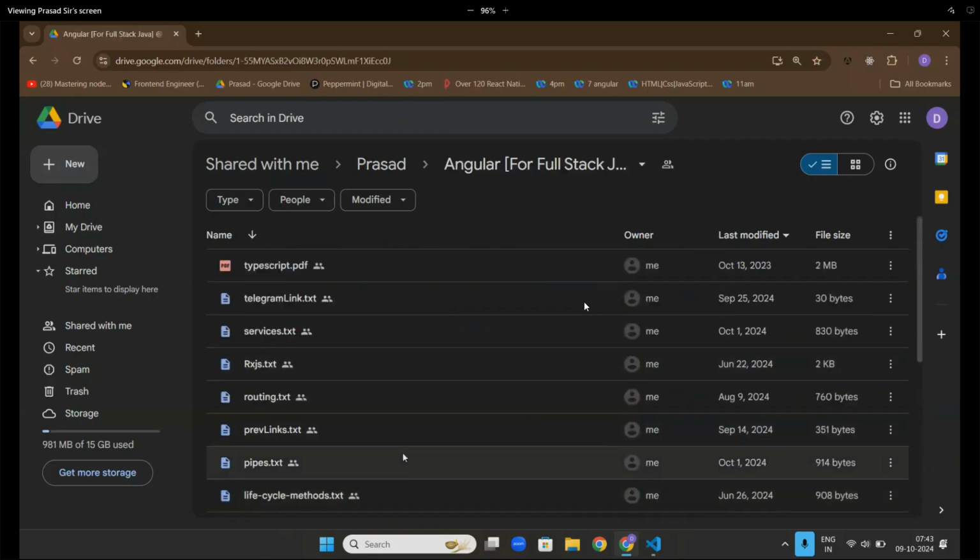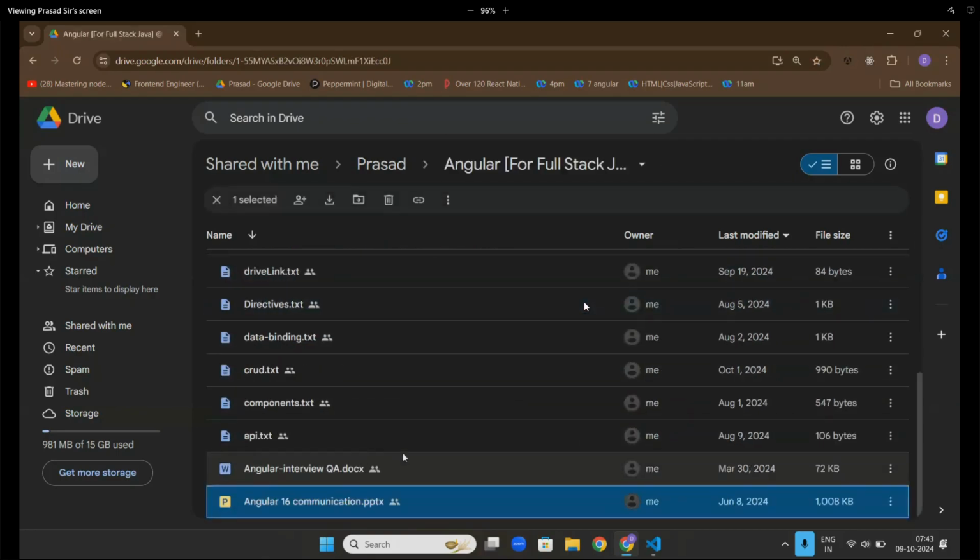Here also the topic-wise things are there, including Angular interview questions and answers.